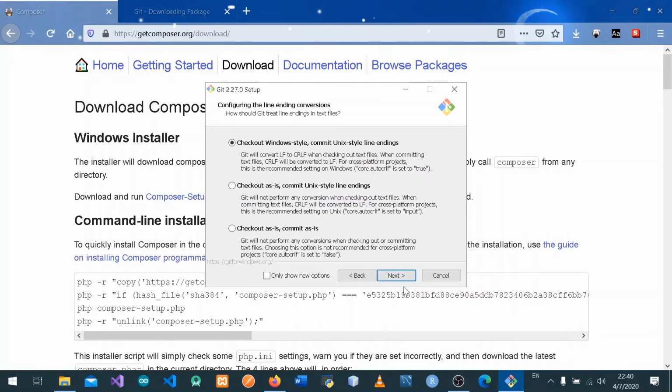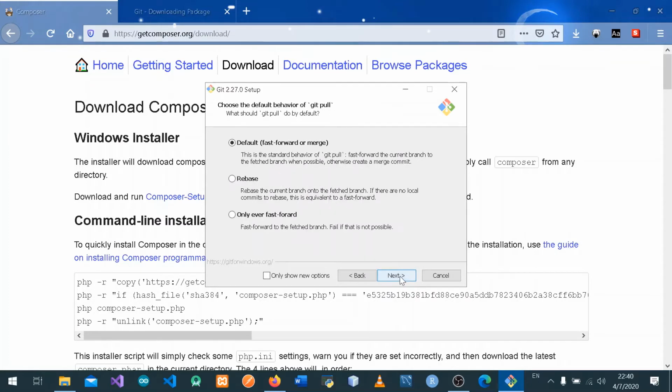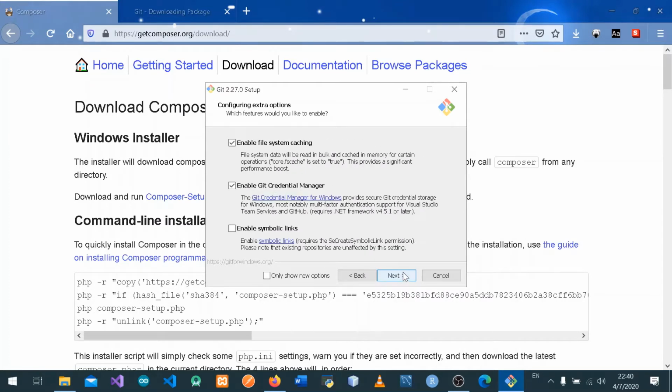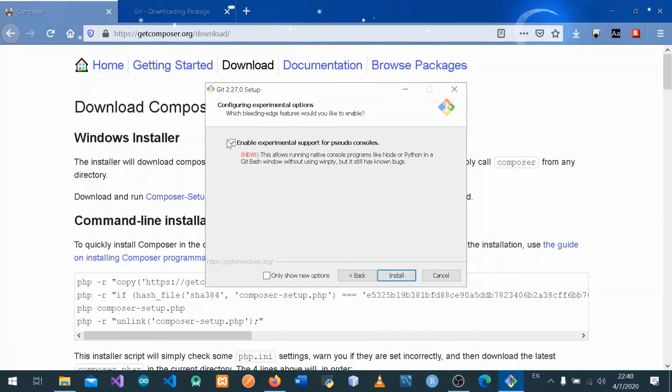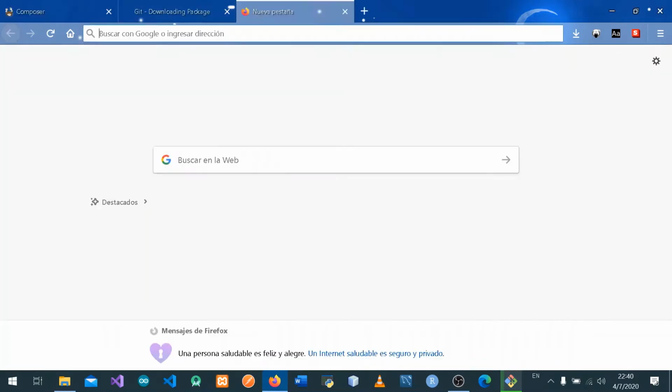Next, next, next, next, next, and we disable this. Or well, we can leave it. Install it. Meanwhile, I'm going to show you